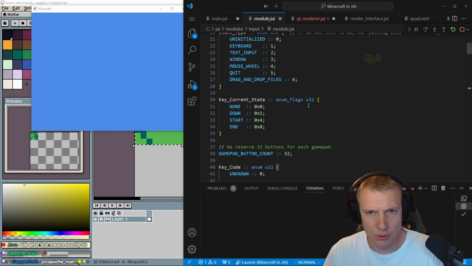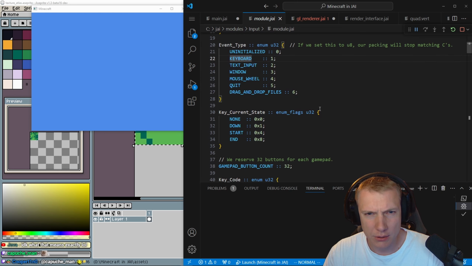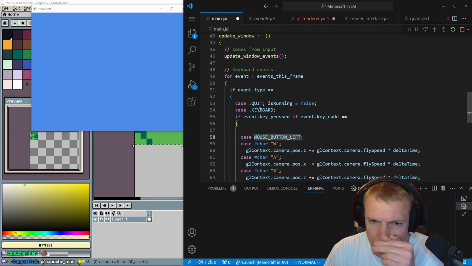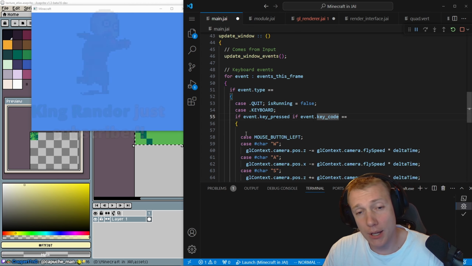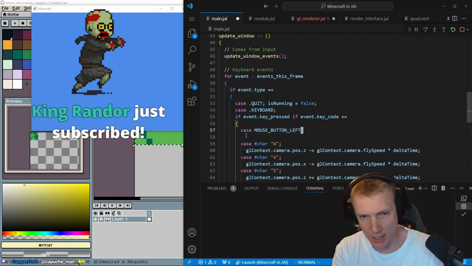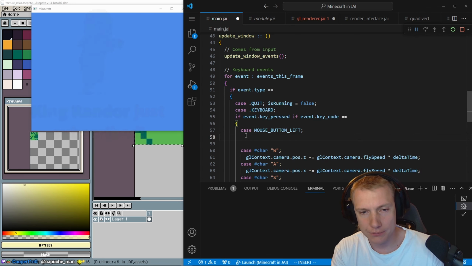These are key codes and they have to do with the keyboard, right? Wait, am I stupid? .keyboard doesn't exist. Case.keyboard. Key pressed, key code. I mean, it looks like it is. Okay, fine. Then if we have a left mouse button,